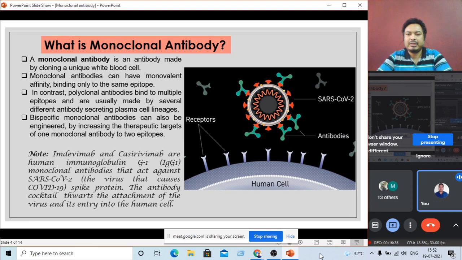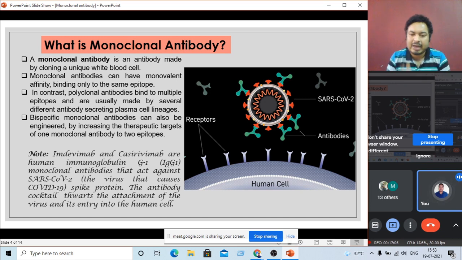You can see what a monoclonal antibody is. A monoclonal antibody is an antibody made by cloning a unique white blood cell. The cloning of a unique white blood cell gives what is called a monoclonal antibody. That means only one type of white blood cell can generate a single type of antibody, which is called a monoclonal antibody. Okay, now see,